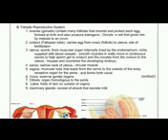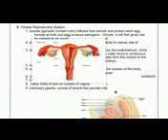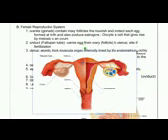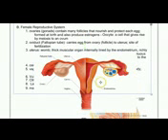Today we're going to review the female reproductive system and the menstrual cycle. The female reproductive system consists of two ovaries, the oviduct, or fallopian tubes,